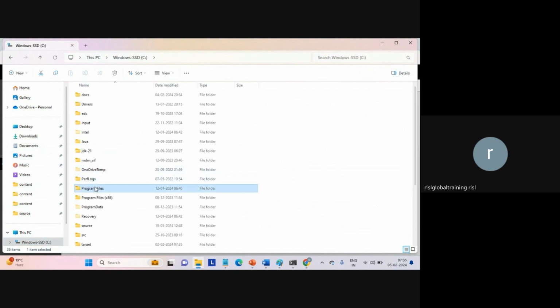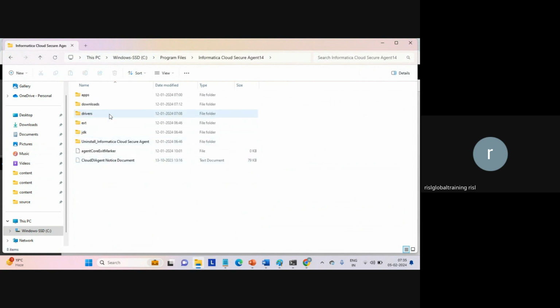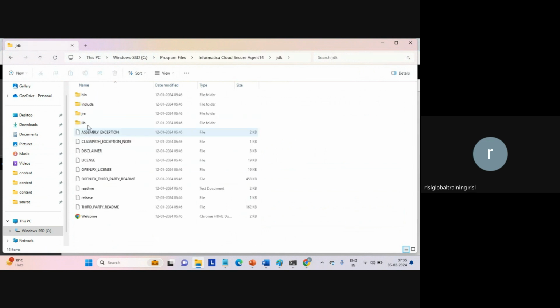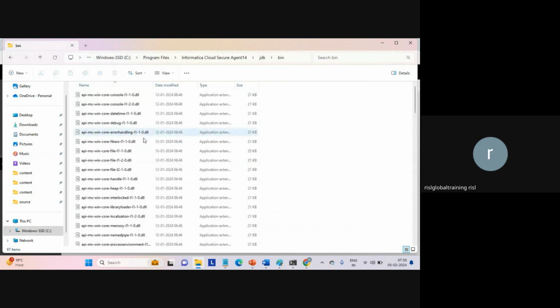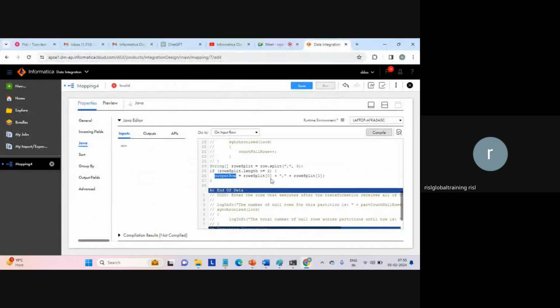So let us see whether we got JDK installed or not. Wherever there is an agent, if you have JDK, it's okay. Can you see here there is JDK already? Within that, we have binaries. Here we need to make sure that we have got javac. Can you see here? This will be used for compilation, and this will be used for execution. So both are there, right? So they are ready. Prerequisites are met within this agent